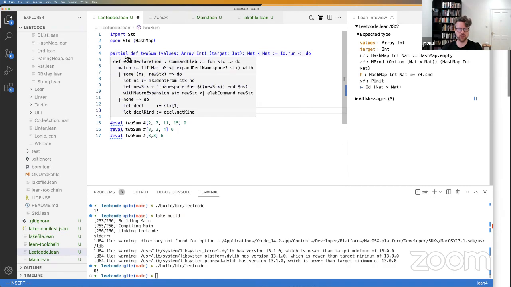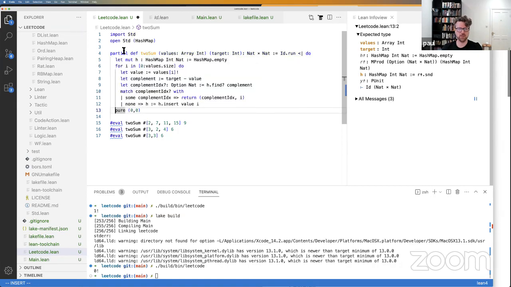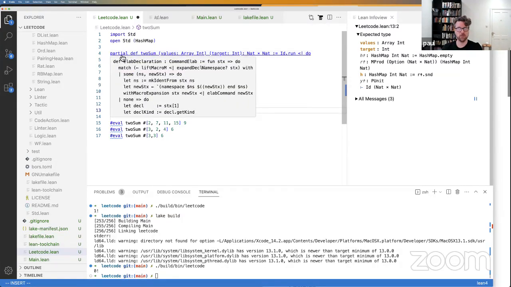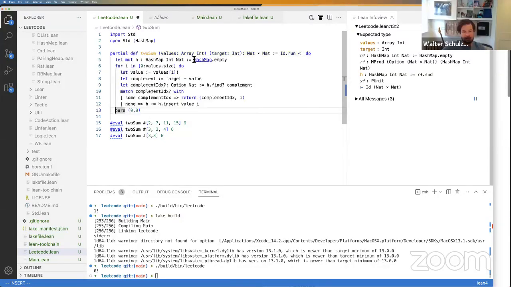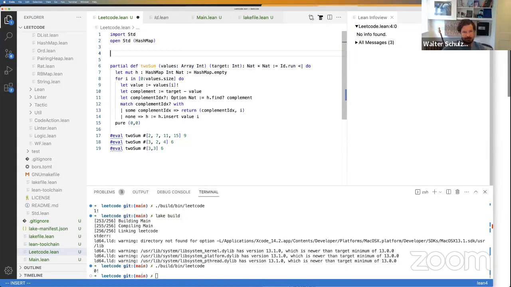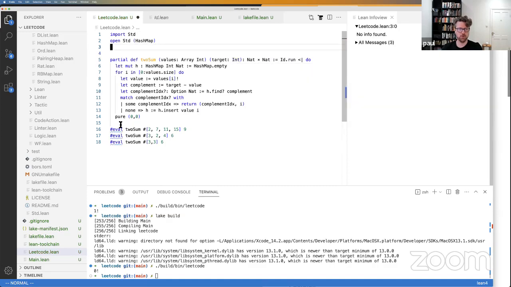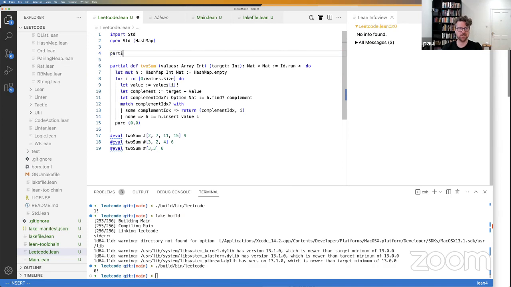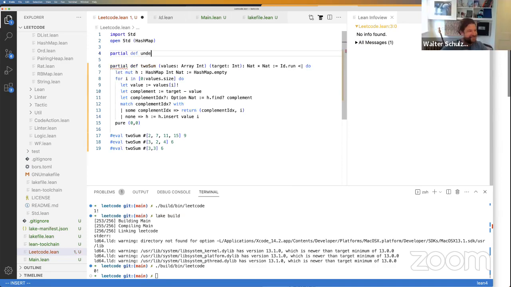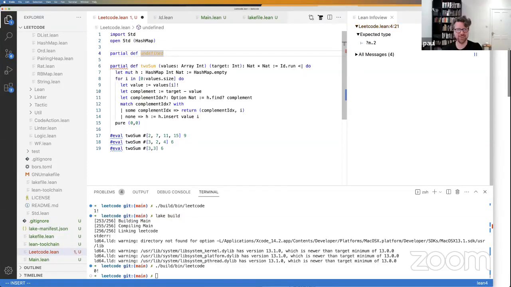Yeah, partial means what you said, that it's non-total. So we could try to return something that was partial. So we could say, how do we do it? We say type